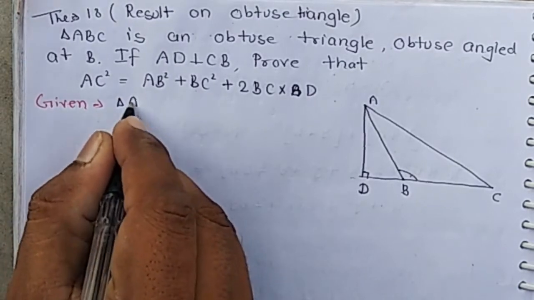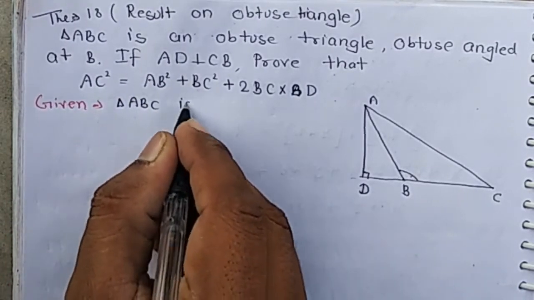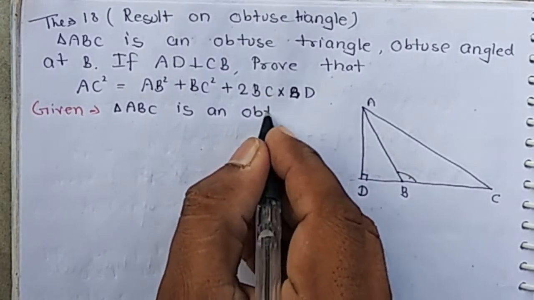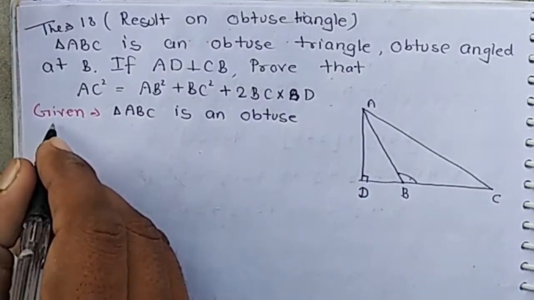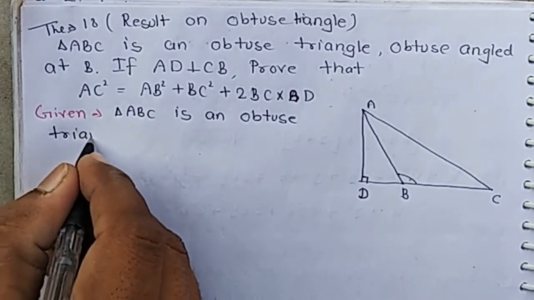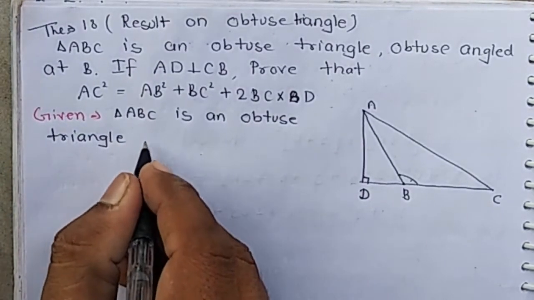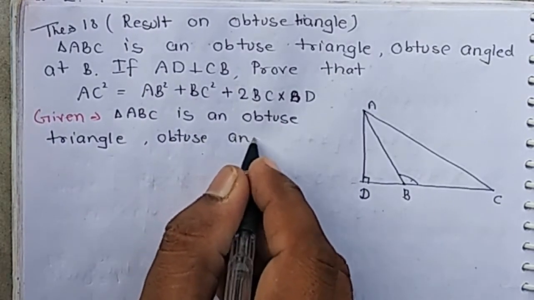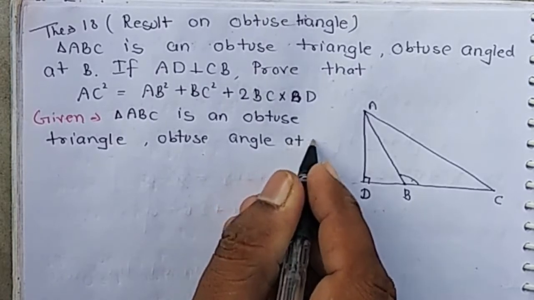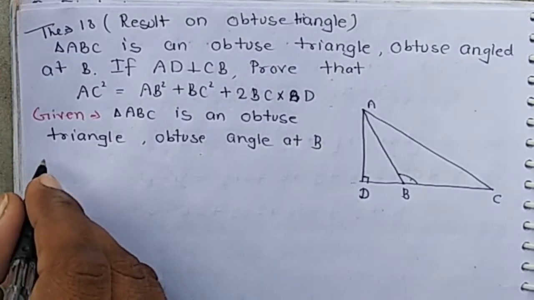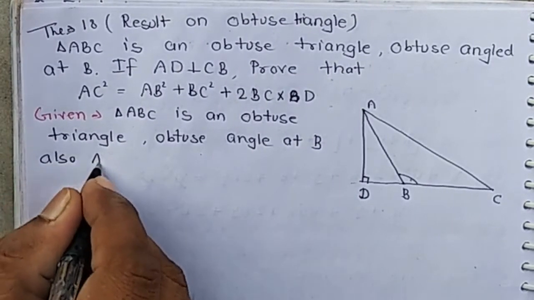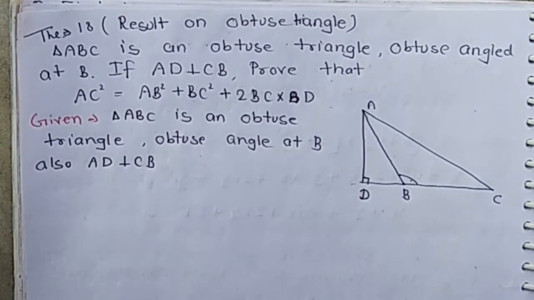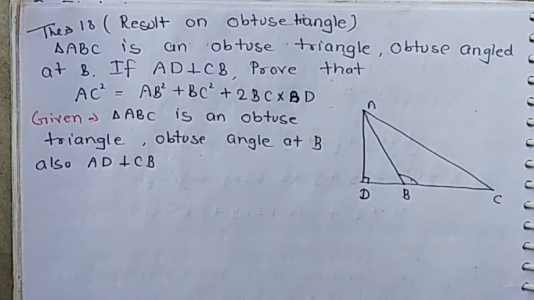Given triangle ABC is an obtuse angle triangle, obtuse angle at B, also AD perpendicular to CB. It is given. Now we have to prove that